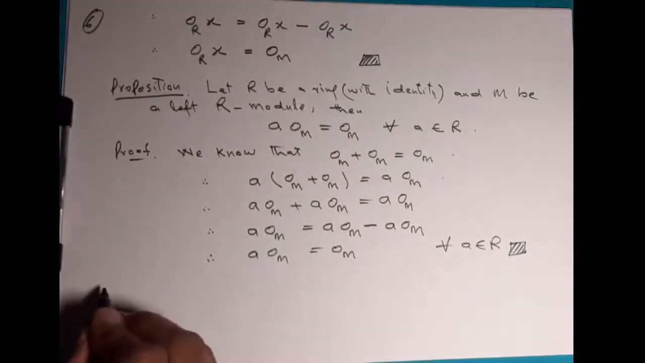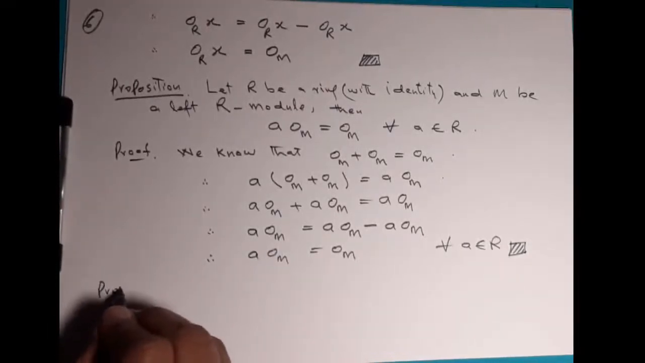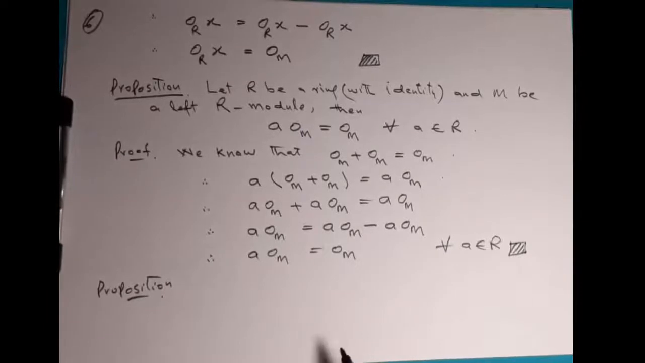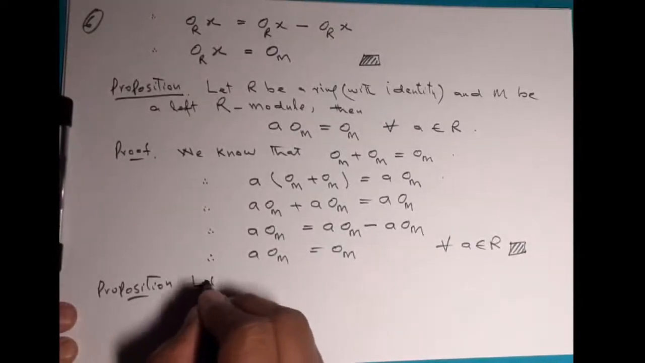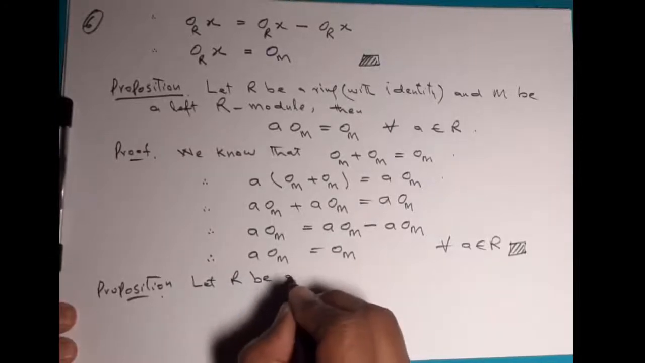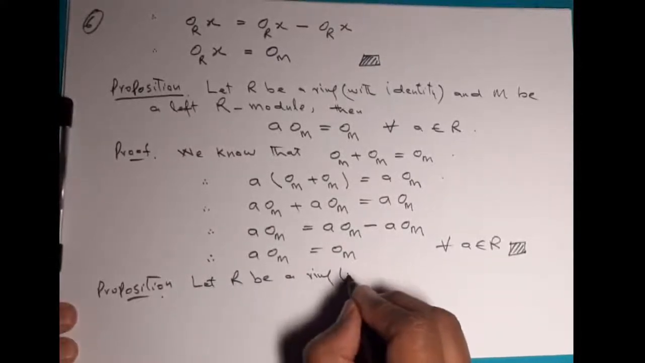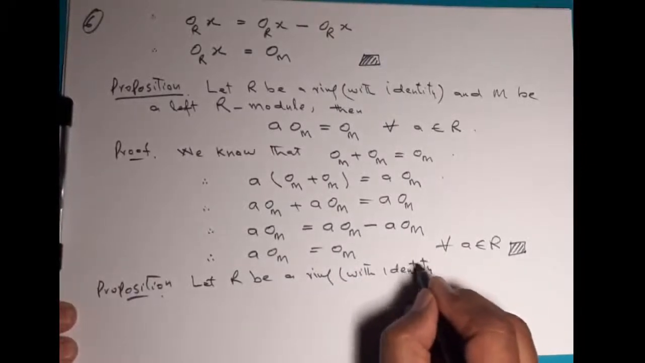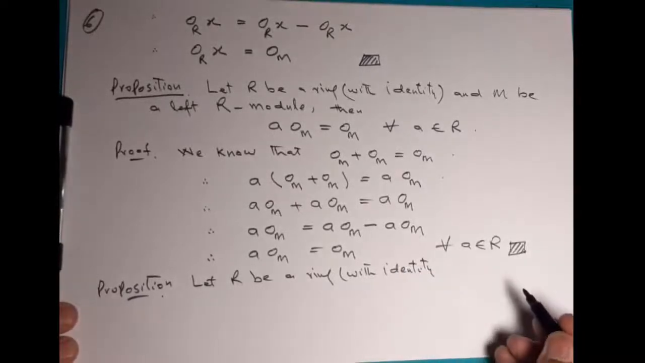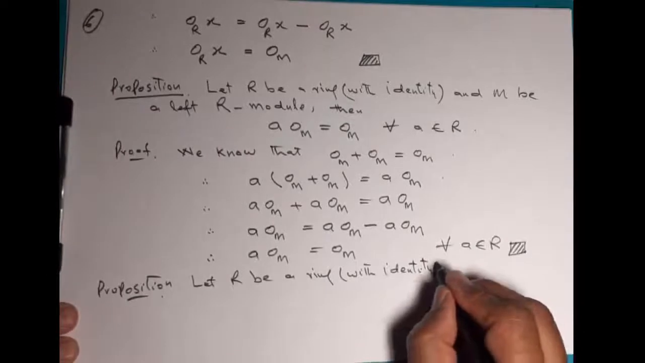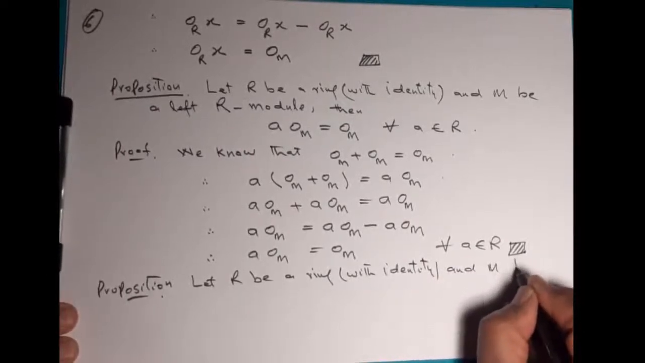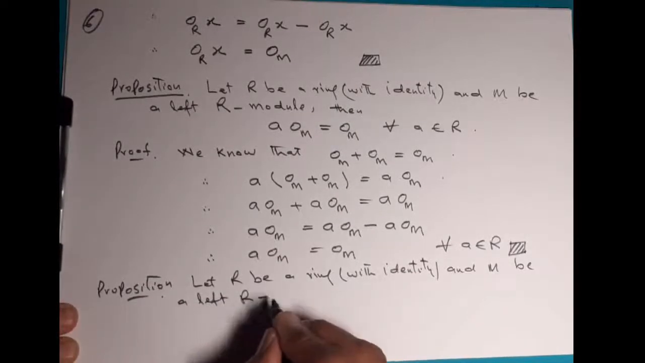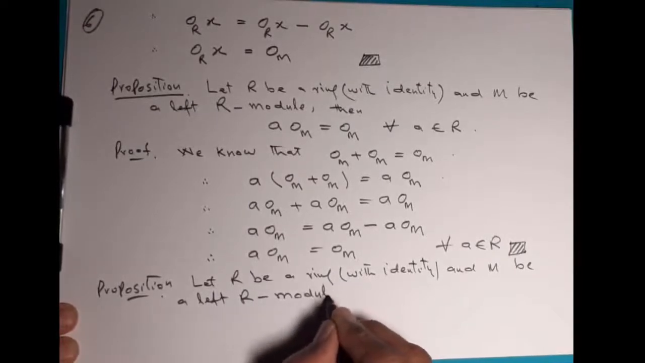So let's have another proposition, which says that let R be a ring with identity and M be a left R module, then